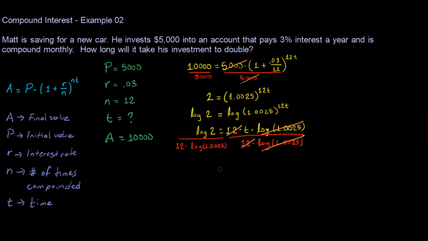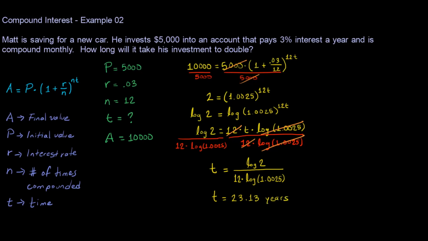So in other words, t will be equal to the log base 10 of 2, divided by 12 times the log of 1.0025. Now this may look weird, but you can solve it quite easily in your calculator. You just have to input these values, and actually I already have done this. Solving this expression will give us an amount of time of 23.13